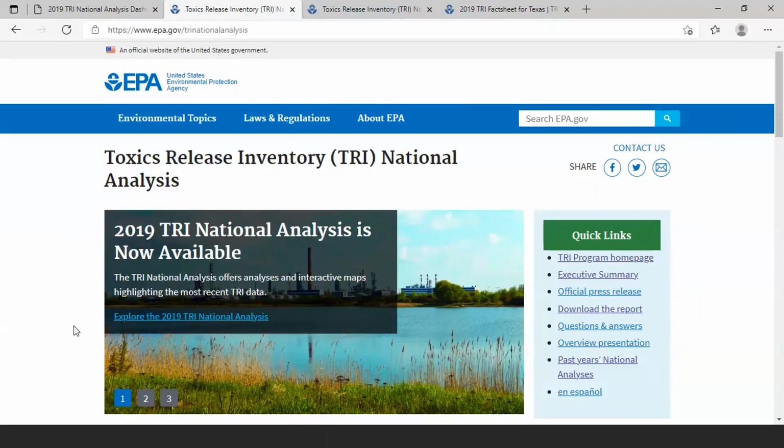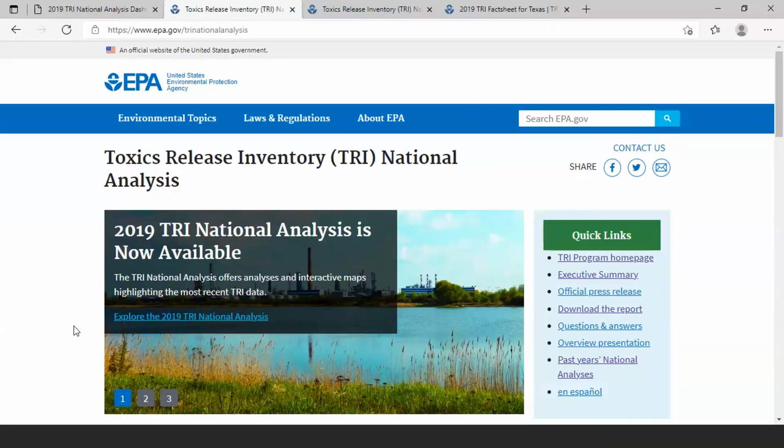Okay, thanks. The short answer is yes, we do look at the number of facilities reporting in for different subsets of TRI, including for the different industry sectors. We don't always include that information in the national analysis trend charts, other than the total number of facilities reporting nationwide. But we do look at the number of facilities, especially to inform any changes in the quantity reported for